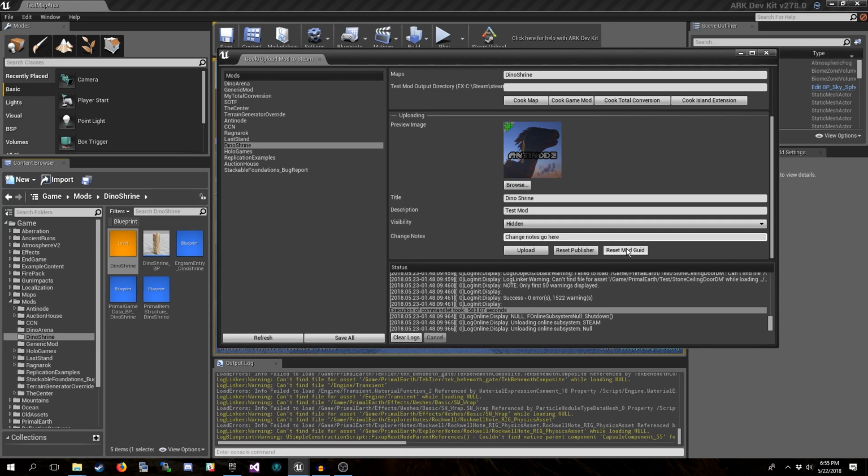So for example, if you had a mod where the only changes you made were client side, and they were just visual changes to materials or how something appears, but didn't actually change any of the functional gameplay mechanics, then you could not push that button and be fine. But in most cases, if you are making large changes or important changes to your mod, you want to push that and change the mod GUID so that that version mismatch will be shown to players.